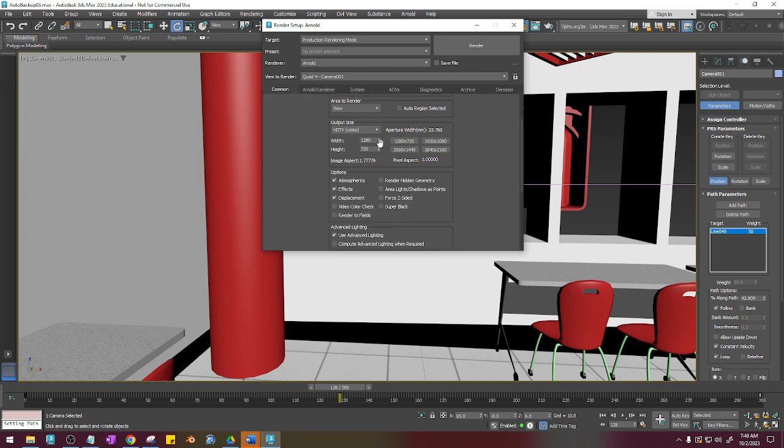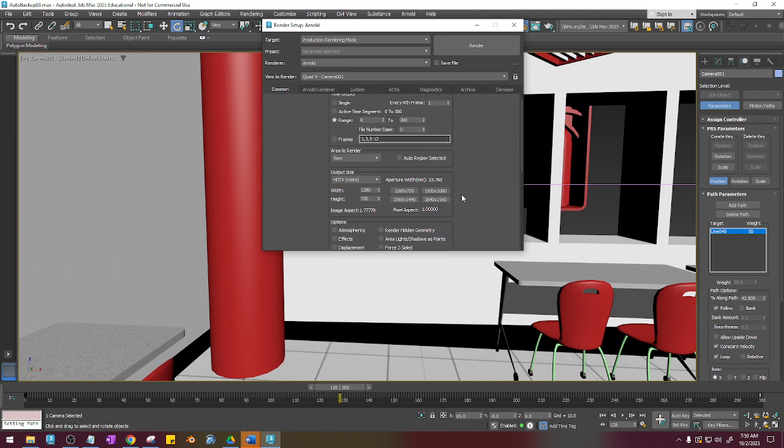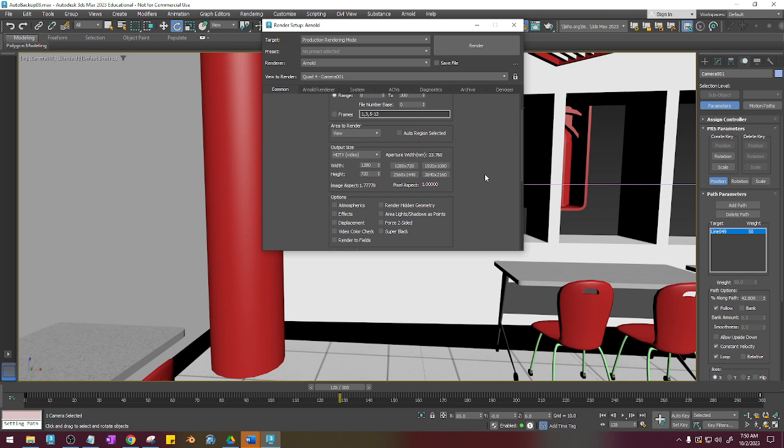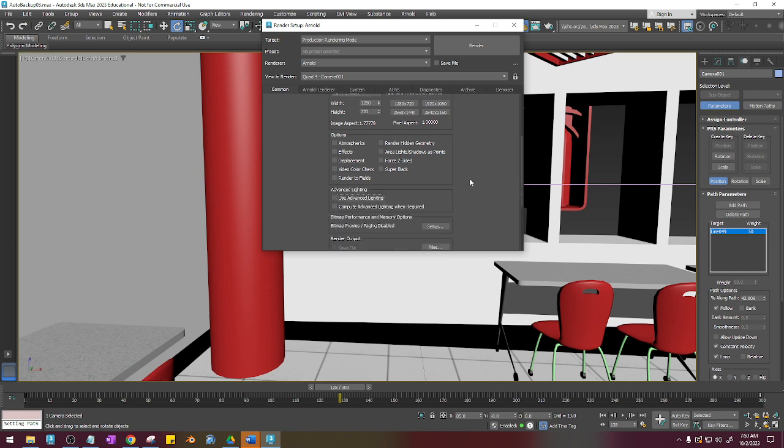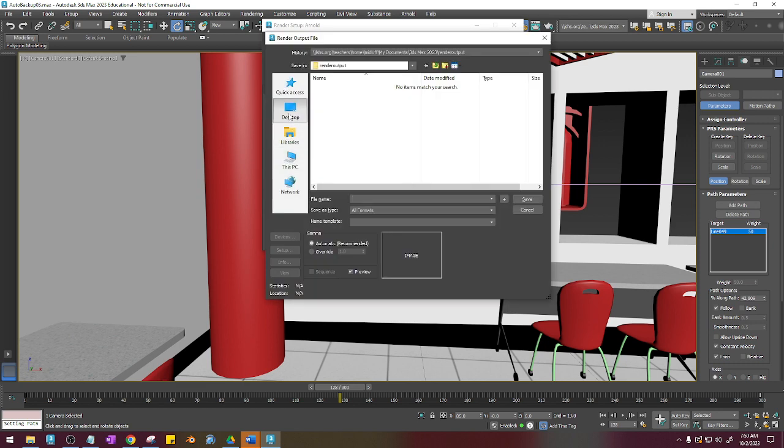Okay, and I'm going to scroll down to output size HD TV video, and I'm just going to click on the smallest version right there. And I'm going to turn this stuff off. These are nice options to have on, but it increases the render time. So we just want this to render pretty quickly. And I turn all these options off, and now I'm going to go to render output and go to desktop,